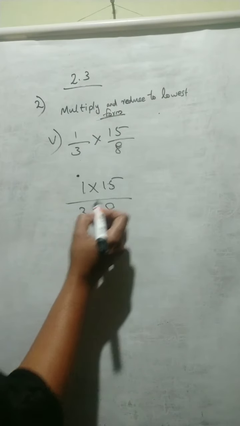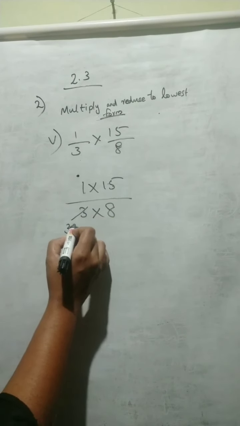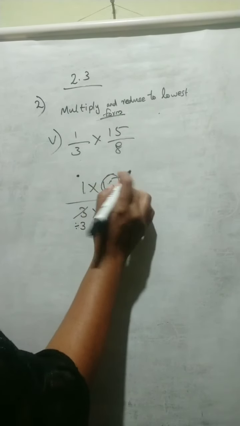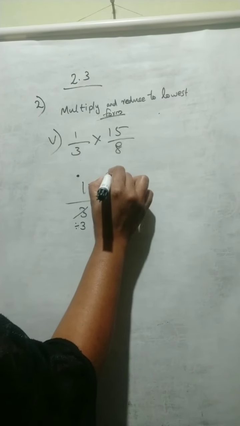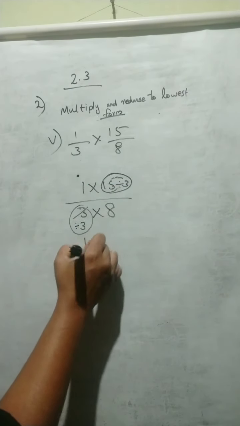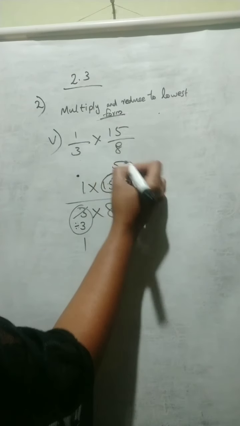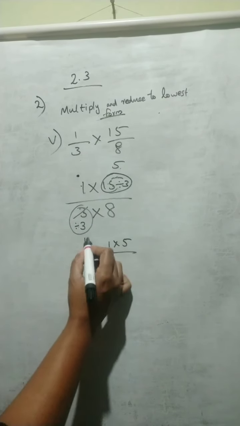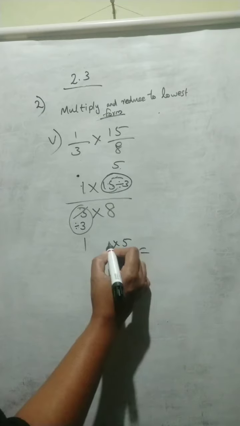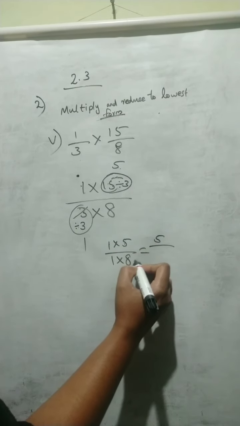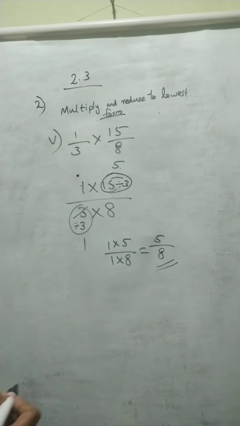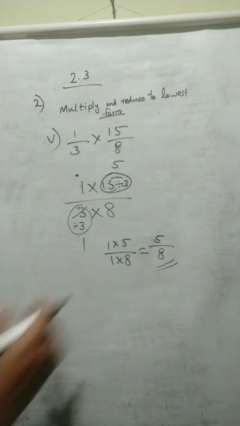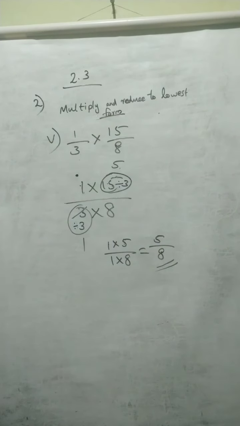Yes, we can cut both numbers by 3. That is 3 divided by 3. We can divide this 3 by 3 itself. Then 15 we can divide by 3. Okay, so 3 divided by 3 is equal to 1. 15 divided by 3 is equal to 5. So the remaining numbers are 1 times 5, and in the denominator that is 1 times 8. So 1 5 is equal to 5, 1 8 is equal to 8. So the answer is 5 on 8. 5 on 8 is a proper fraction. So this is in the simplest form. There is no other common factor rather than 1.